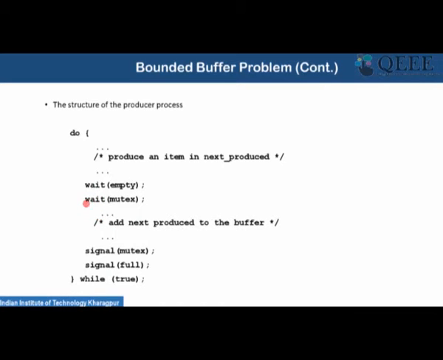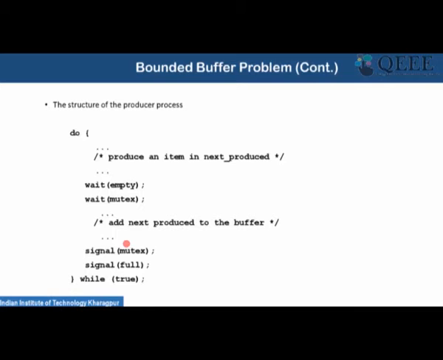When a producer enters the critical section, the value of mutex becomes 0, because the wait function decrements the semaphore value. When it becomes 0, no other process can